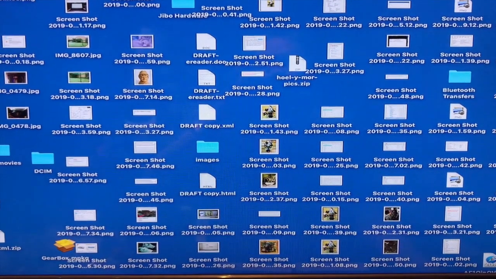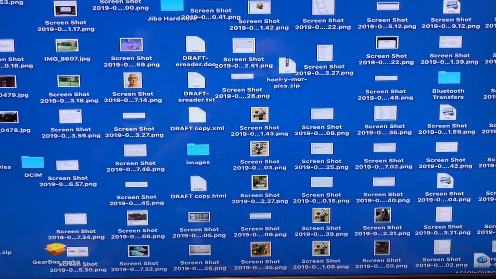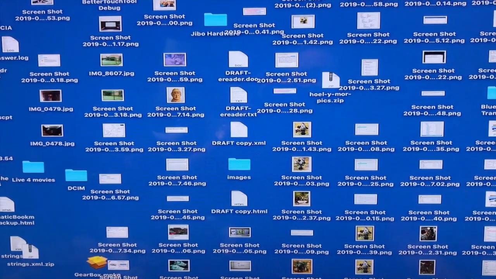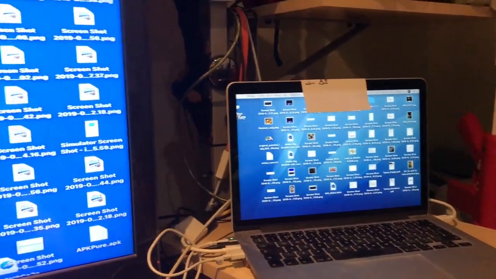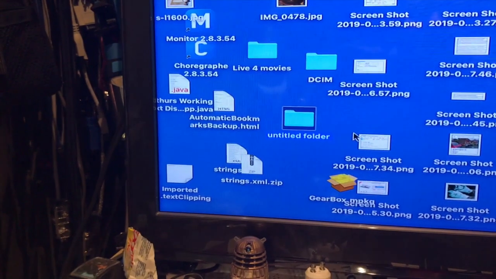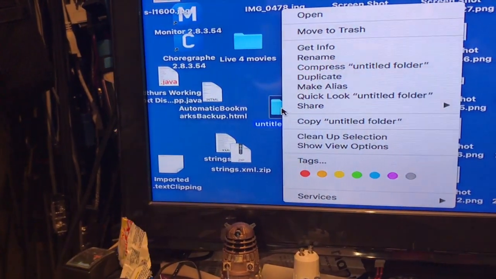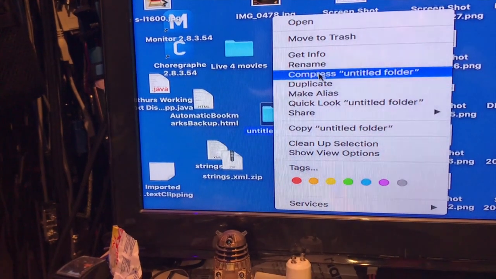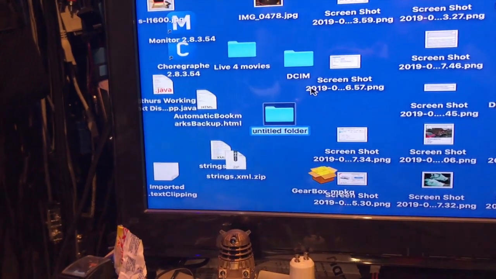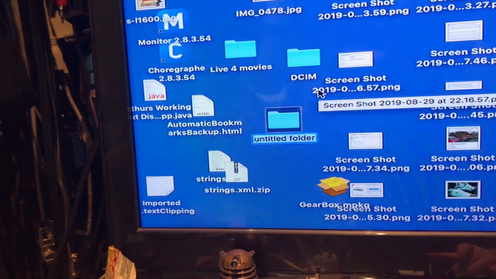And so what I'm going to do is I'm going to create a desktop folder called Desktop Items. And I'm then going to drag all of these screen snapshots and other items into there. So what I'll end up with on my screen is the 2 disk drives and this folder called Desktop Items, and the screen over here will be completely empty. So I've dragged the folder down here, and then if I right click on it and say rename and call it Desktop Items,